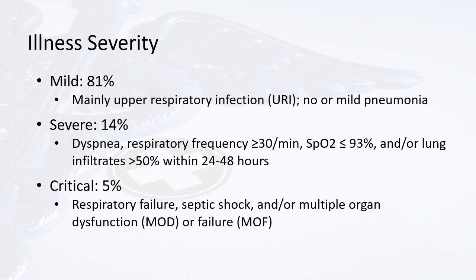The majority of cases of COVID-19 are mild, at about 81%. With mild disease, shortness of breath is usually not present. Mainly, it presents as an upper respiratory infection with either no or only a mild pneumonia. It can be severe in about 14%, with dyspnea or shortness of breath, a higher respiratory rate of over 30